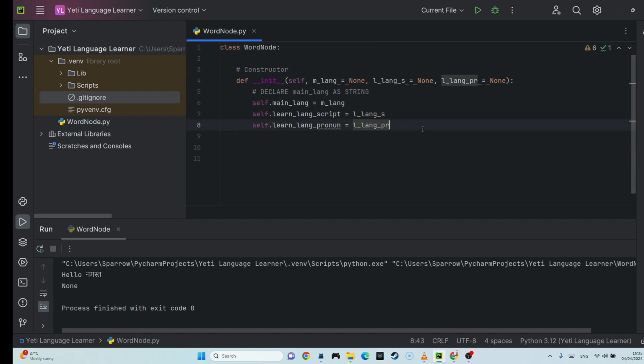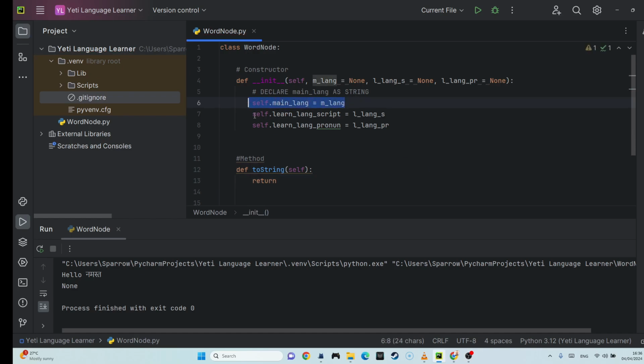Now, we don't actually need a method right now, but I think it's probably useful if we do. So it's very common to have a method called toString. Now toString is going to output all of the attributes together. You can decide how you want to do it. I'm going to do it with a comma. So I'm going to return